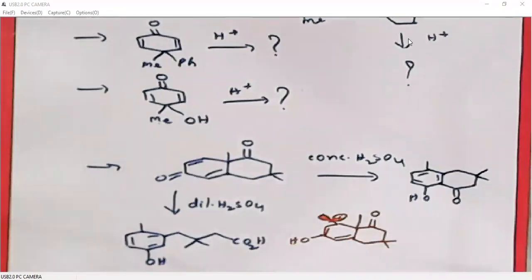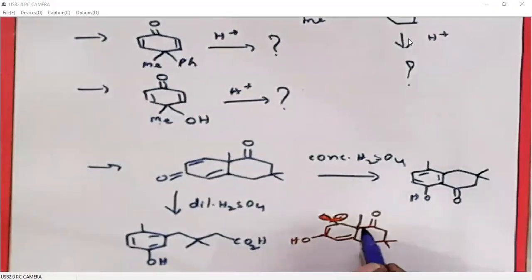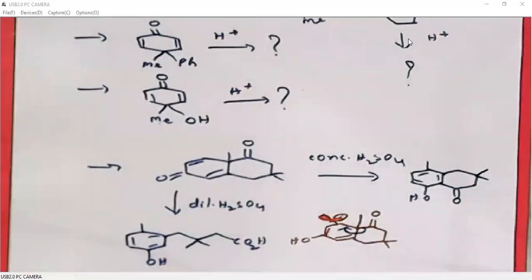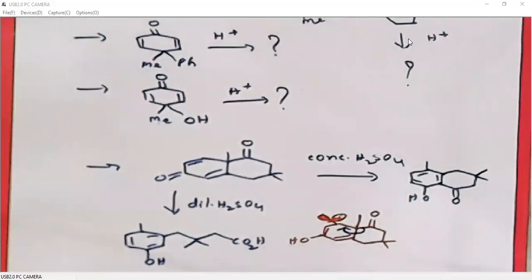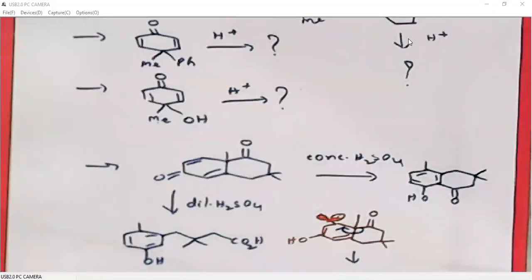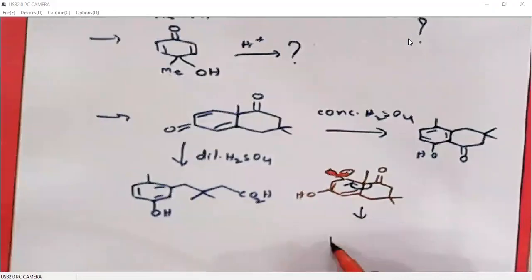Now we need to have an alkyl migration, but here what will happen is this carbon carbonyl bond will break down, that generates the aromatic ring. So here alkyl migration is not the case. Here this carbon carbonyl bond will break down. So it generates the aromatic ring. Now the product is